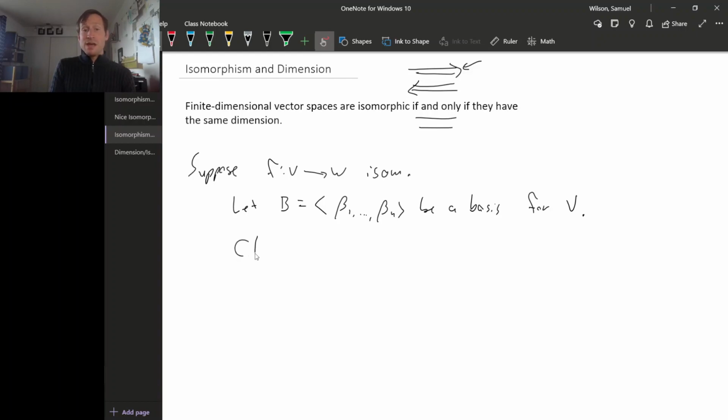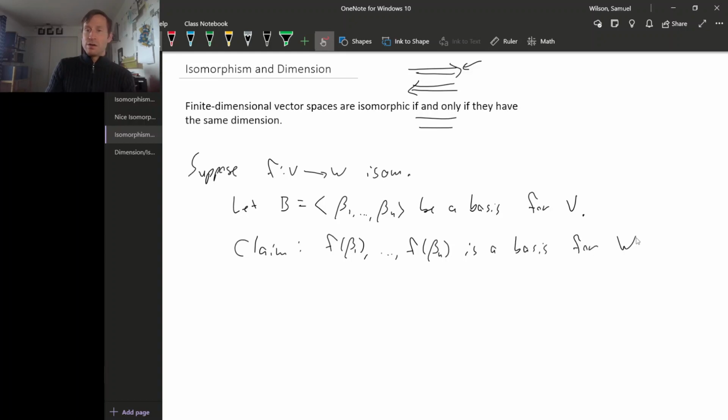Then my claim is, and this is what I'm going to prove, that f of beta 1 and f of beta 2 and so on, all the way up to f of beta n, is a basis